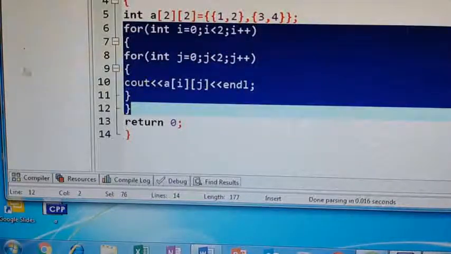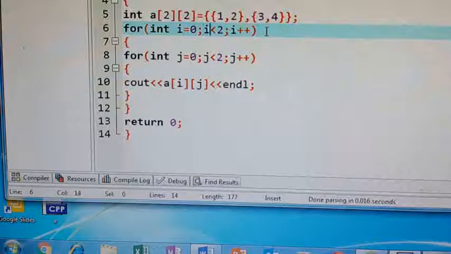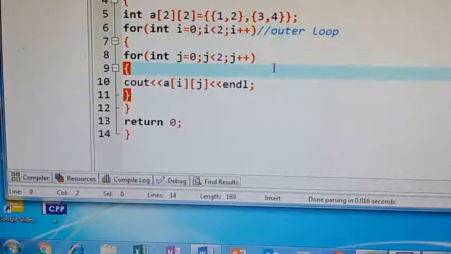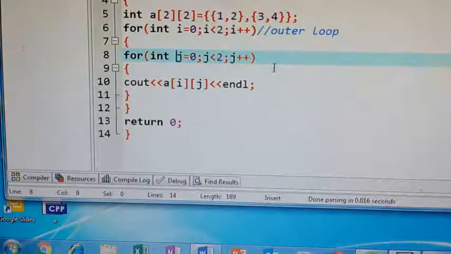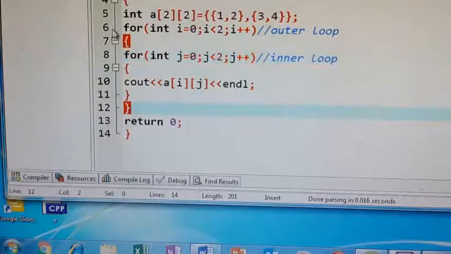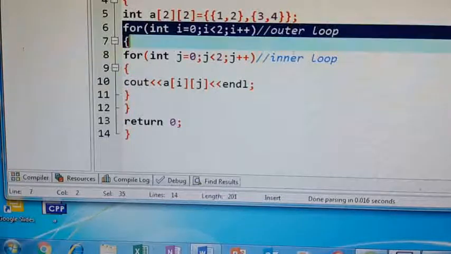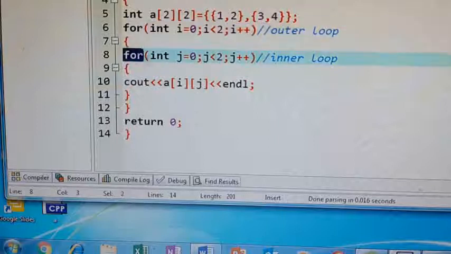This is called the outer loop, and this is called the inner loop. So when the outer loop is executed for the first time, this inner loop should be